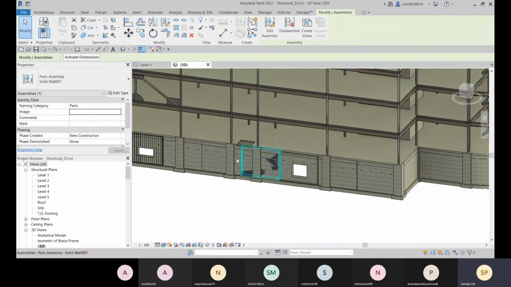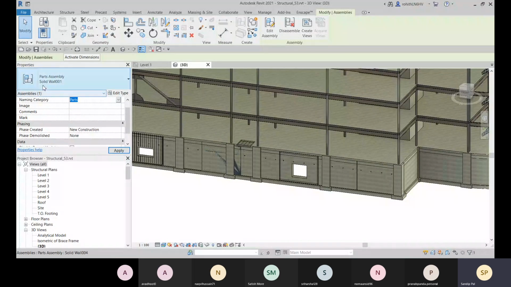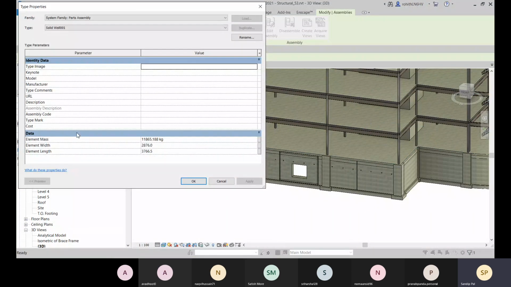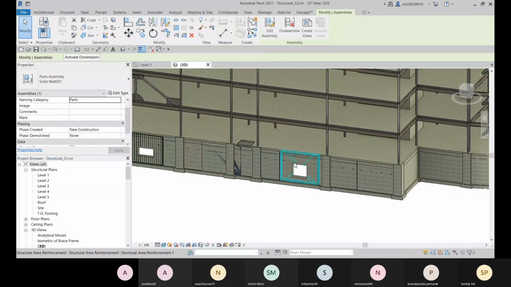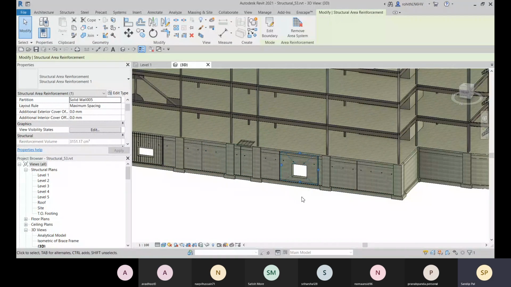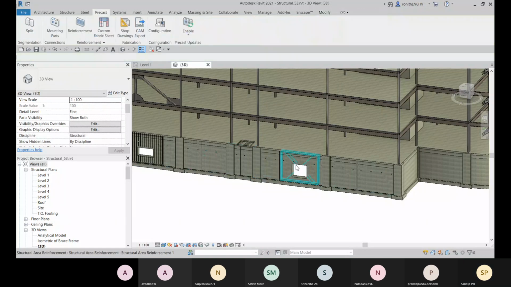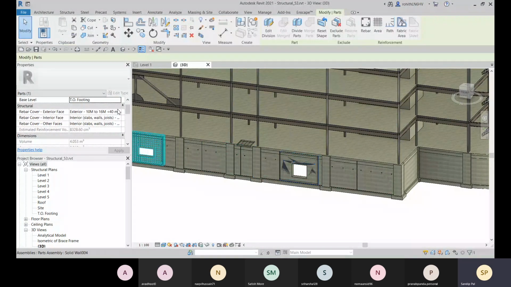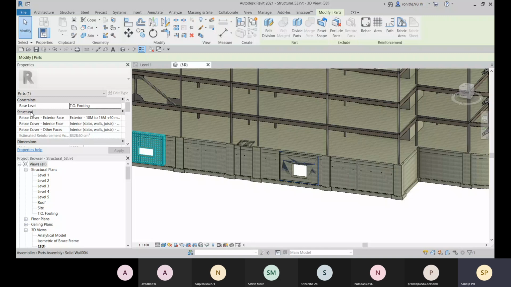So here you can see that when I'm selecting these, it's showing you as the part assembly, and there you can mention the naming category. Okay, so everything you get is like a part of your assembly. And for this, you can go to its edit type, and there you can mention all the things. And this is not part of your assembly.